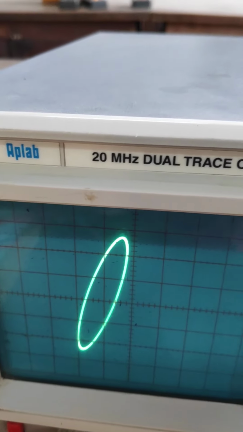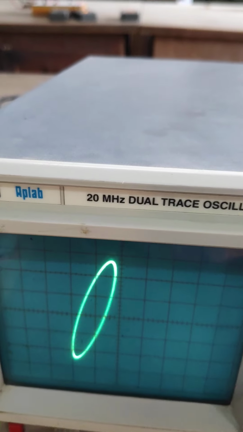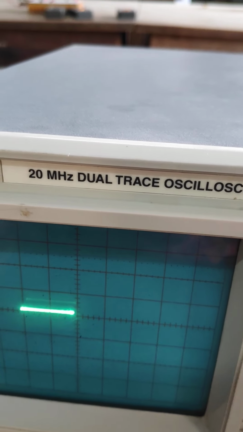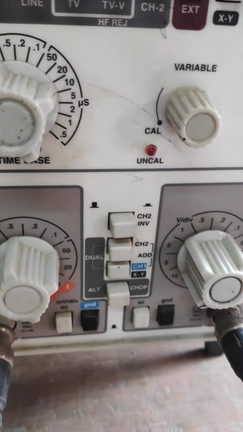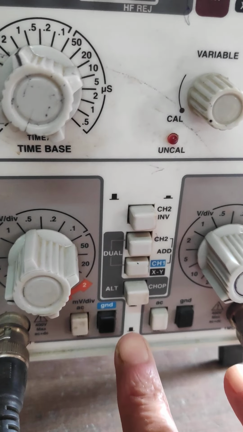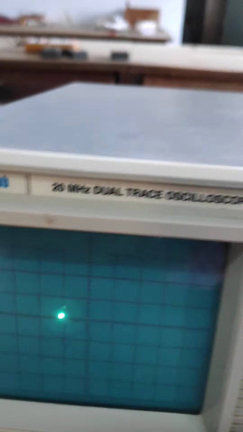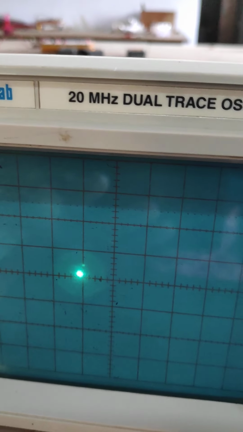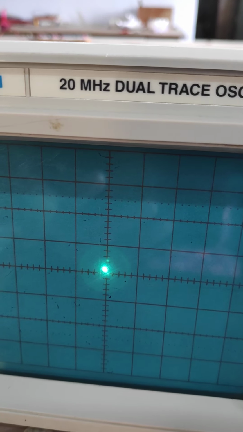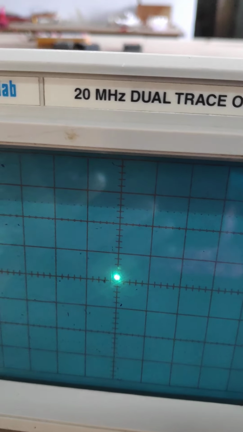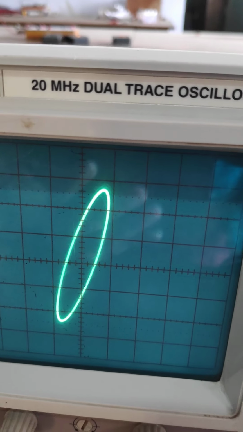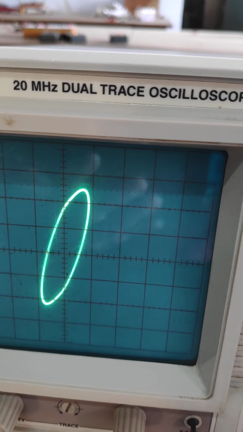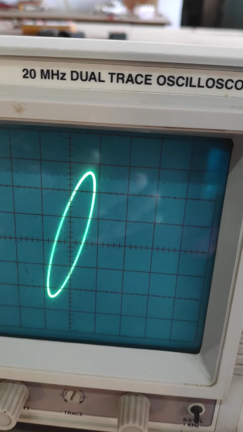Since we are not able to take the 0, let us first make it 0. So you make these two channels ground and then you get a dot like this. You bring the dot to the center. And after that, you obtain the ellipse. Then the center of the ellipse is on the origin.